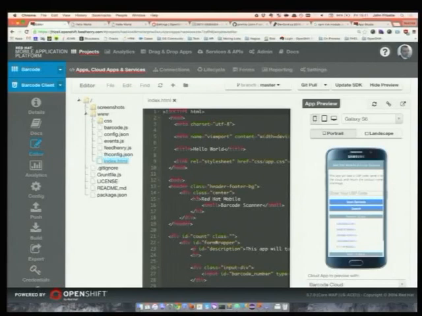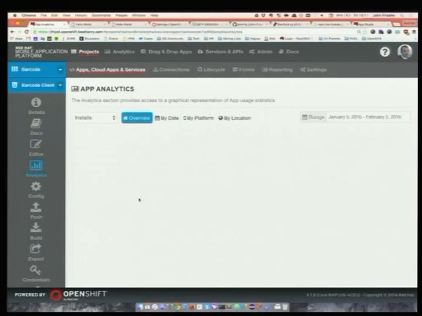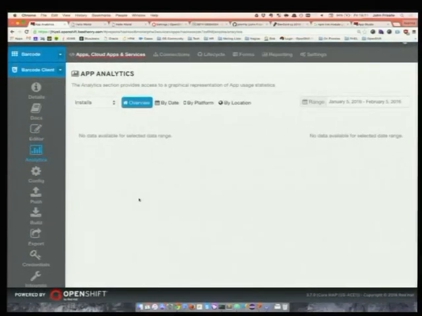There's a live editor, which is handy for making small, quick typo corrections or very minor modifications. You can open your various source code files and make changes and see those updates reflecting in your preview. But this is not really intended for actually writing your application, because let's be honest, if you had to try and use a tiny web-based editor this size, you'd go crazy fairly quickly. So the majority of your development is going to be done locally, and we'll get onto that in a minute. We have some analytics information. There's not going to be a lot here because the app hasn't been used in quite a while.